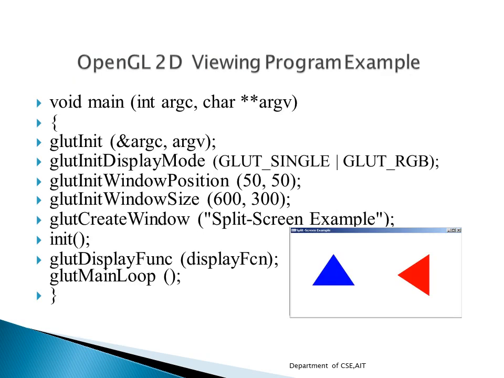And the last function is the main function. In the main function, we will be having the arguments as argument count and argument list. This can be made use of when we are executing a program in the command line. So the first statement in the main is the glut init. The glut init is used for initializing the glut system.